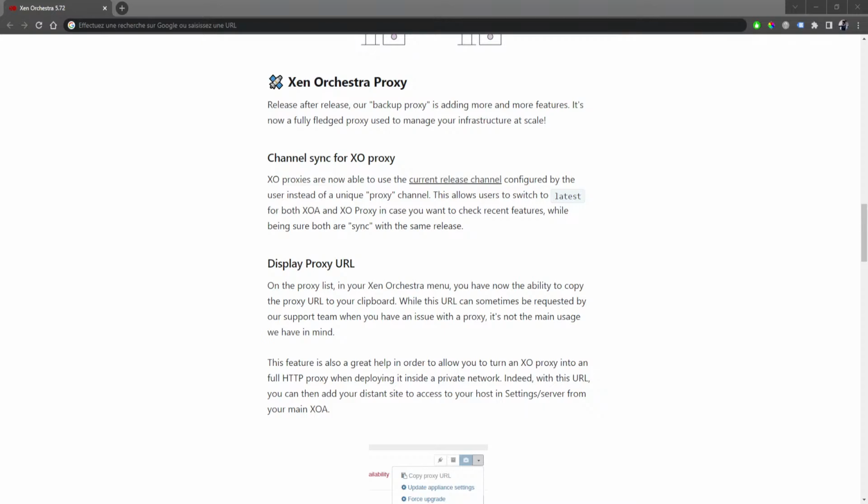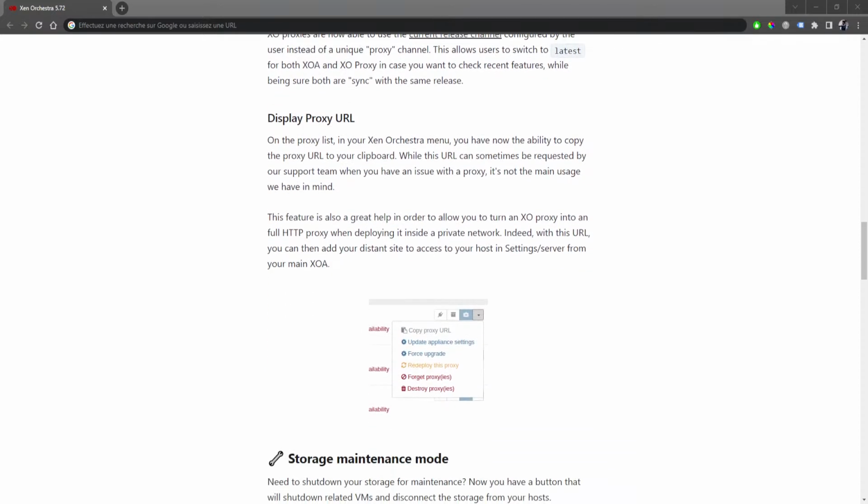But since we started to do that, we realized we could do more with it. And more means we already announced the fact to act like a real proxy for your Xen Orchestra, avoiding exposing your multiple XCP-ngs to the world when they are at distant sites. So to help you do that, we display the URL of the proxy directly in the proxy configuration. So you can copy and paste it in the settings server view of Xen Orchestra to add a cluster directly through this URL, and also to have a better way to control which version we release of